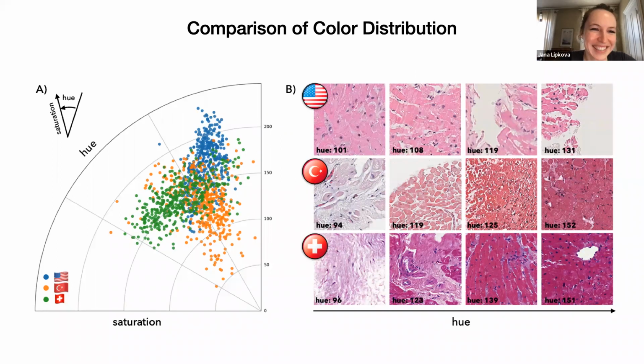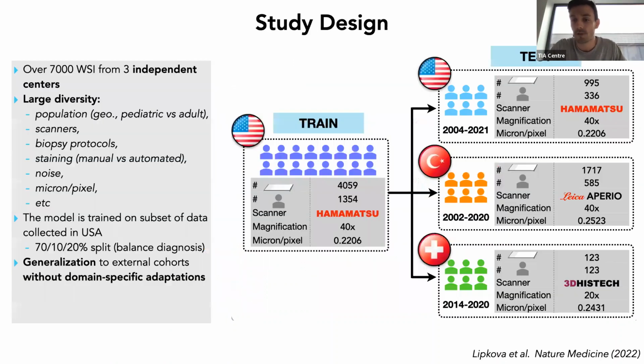Yes, go ahead. Sorry, just a question in line with what you showed in the previous slide. So would you read at a specific level or a specific MPP? Yes, so we train the model at a specific level, but we match them by MPP. I tried multiple combinations, and we found that if the MPP is the closest across the cohorts, then the model performed the best. I think that was the most important, but the difference wasn't so big. I don't really know why the Swiss data has such a different micron per pixel. It's very puzzling, but they are sure it's 20x.